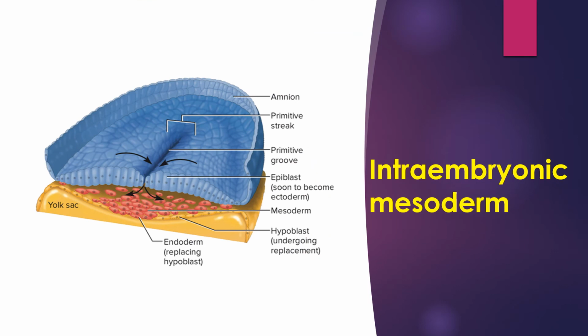Next one is the intraembryonic mesoderm. This is the other derivative from the primitive streak. So from the primitive streak, the mesodermal cell layers enter between the ectoderm and the endodermal cell layer. So this mesoderm spreads all over the area except the procaudal plate and towards the caudal end of the membrane, that is the cloacal membrane. Other than this area, it is spread by the intraembryonic mesoderm. So this intraembryonic mesoderm, towards the end of this region, is connected to the primary mesoderm.